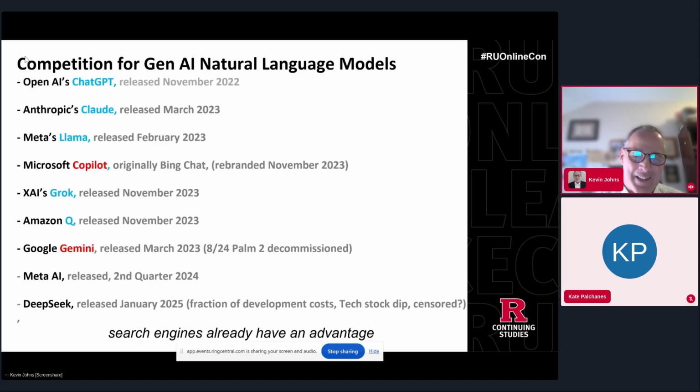And the point that's interesting here is that ChatGPT has already come out with its own search engine. So if you go into ChatGPT, you can use its search engine to do the same thing that Gemini and Google and Microsoft are doing as well. So the point here, and I'll stress this a little bit later on, is that these guys are all getting in each other's space. So if you run with ChatGPT or Claude or Grok and they have certain features and functions that you want to use, well, wait a few months, because the others are going to get into that as well. So they're all getting in each other's space. And that's the whole point of this slide.